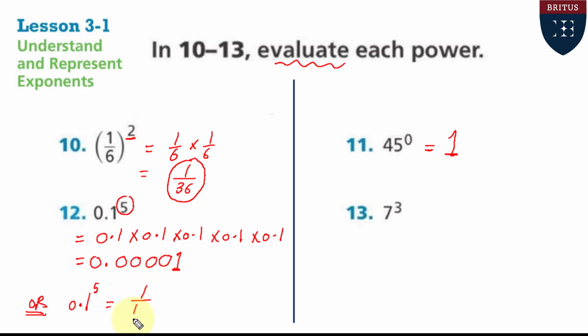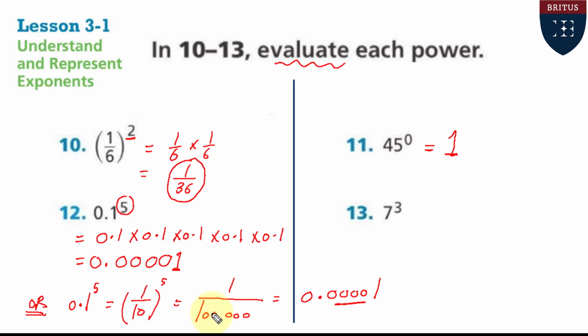But we can also write 0.1 raised to the power 5 as a fraction. So we get 1 over 10 raised to the power 5. Now I repeat 1 five times, so we get 1 over 10 raised to the power 5, which we studied equals 100,000. Now 1 divided by 100,000, we can write in decimal form as